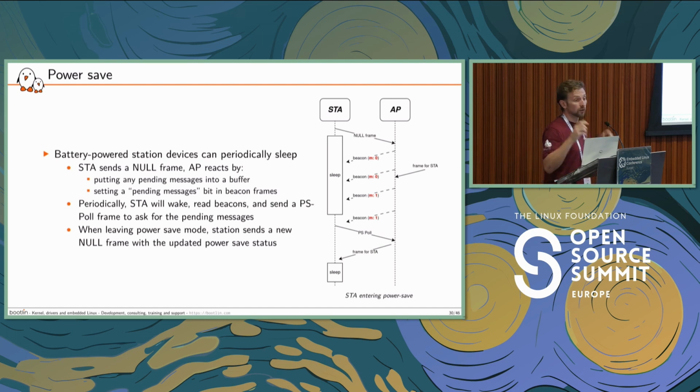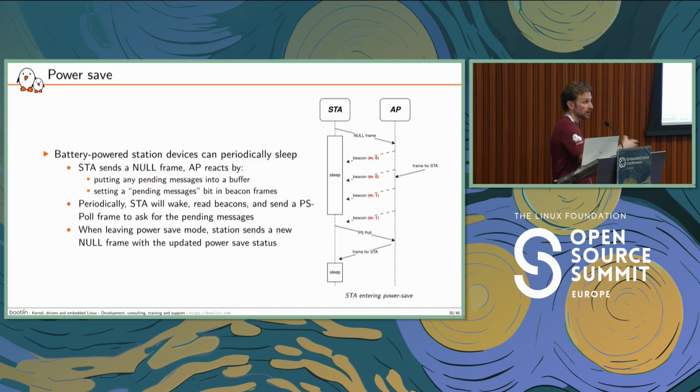And from there, the access point will remember about the sleeping station. And if there is a frame targeted to my sleeping station, it will be buffered on the access point side. And the access point will modify the beacon it periodically emits to notify about those pending frames.